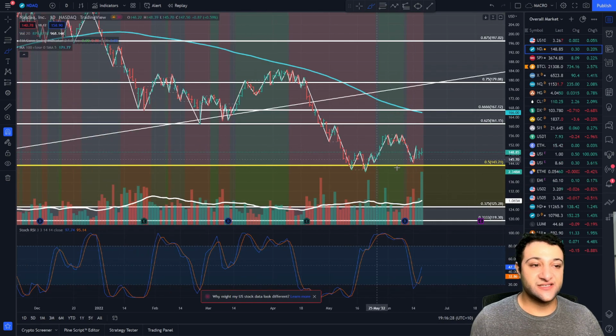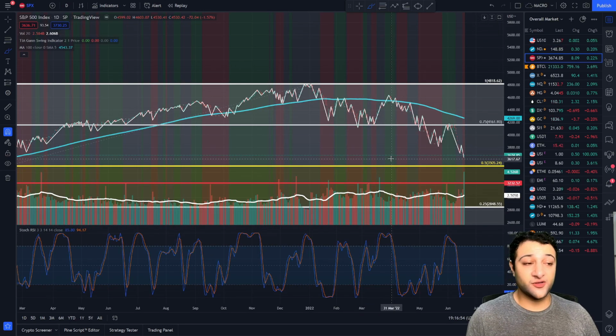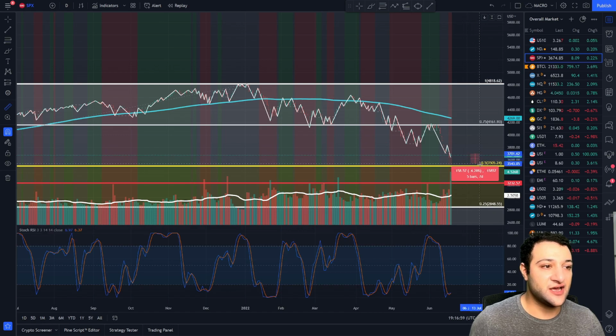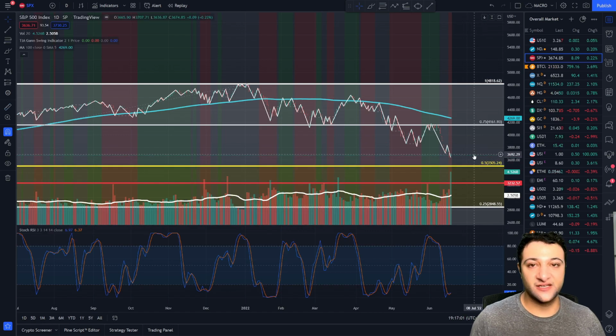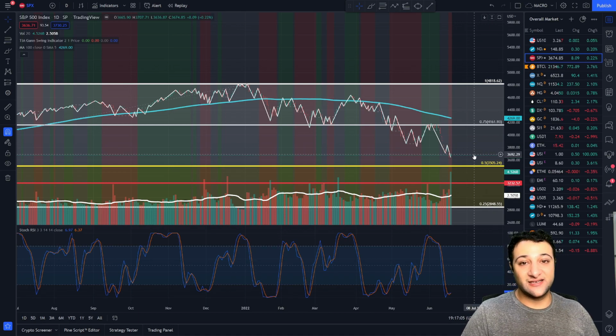So here's the NASDAQ. You can see on the NASDAQ, we bounced off 50% perfectly at the 143 mark. That was right here and here. What has me worried though is the S&P 500. You can see we are still a little bit away from our 50%, at around another roughly 5%. So I do expect there to be a little bit more pain, unfortunately, but I think we are definitely nearing